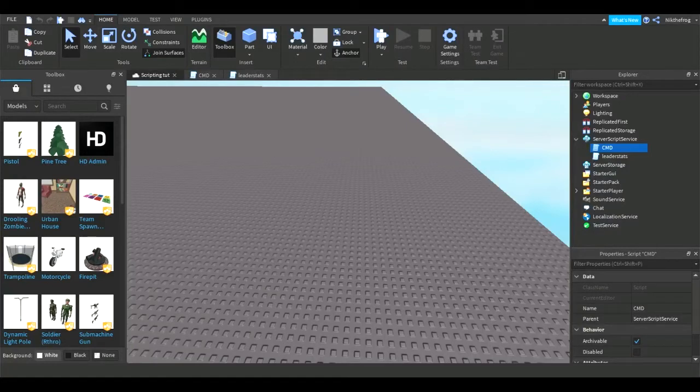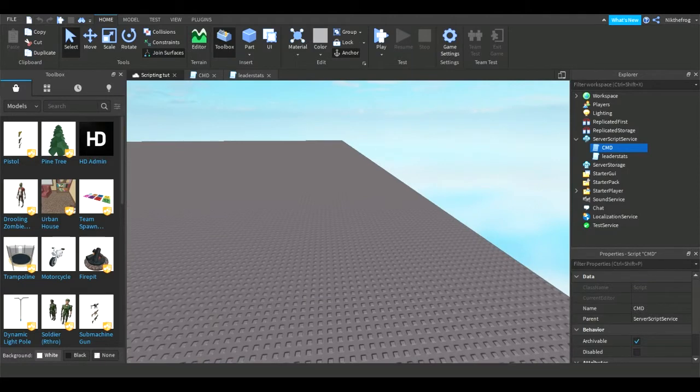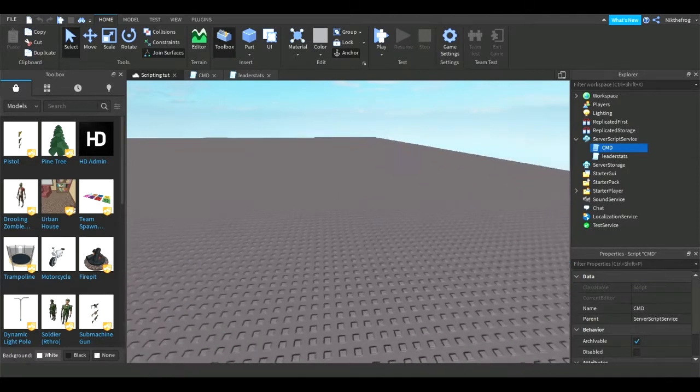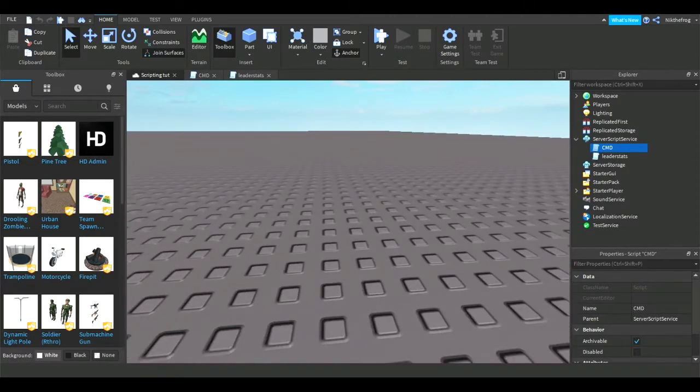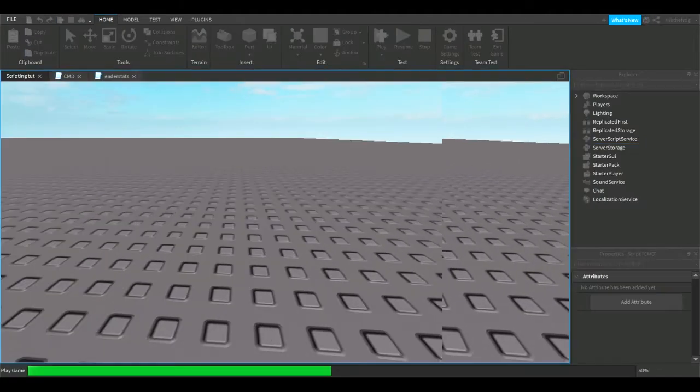Hello everyone, and welcome back to a brand new Nick the Frog video, where today we are going to be making an admin command handler, basically. So if we click play here,